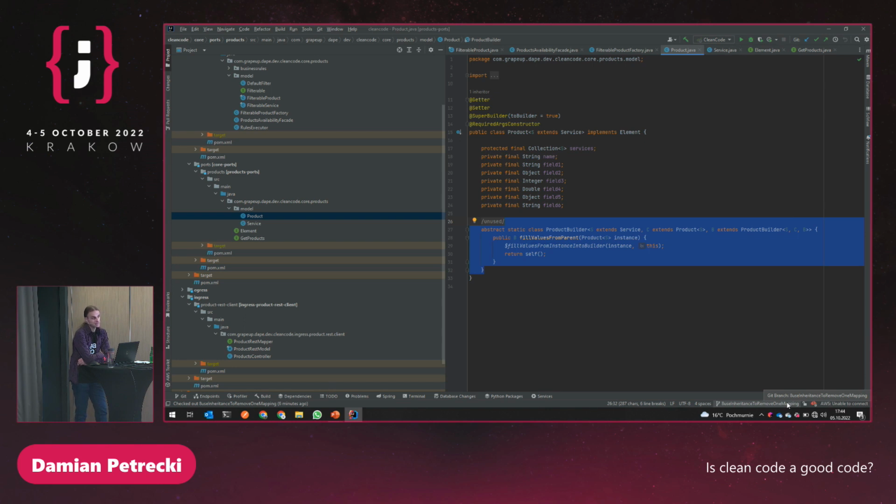And the real issue is: is it really clean? Is it really good code when we applied all rules, all patterns, and had a lot of code which is required just by books, not by business case, not by language, just because somebody wrote a book? And yep, just to sum up,